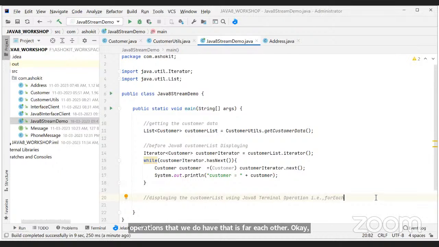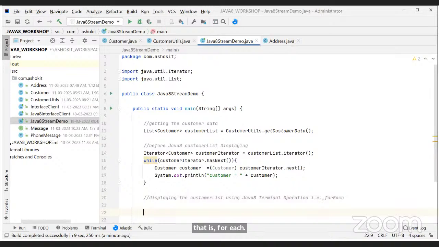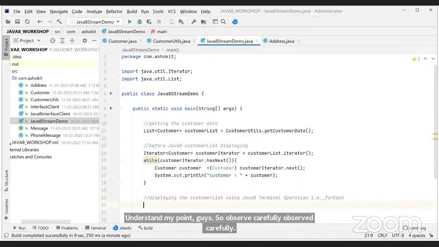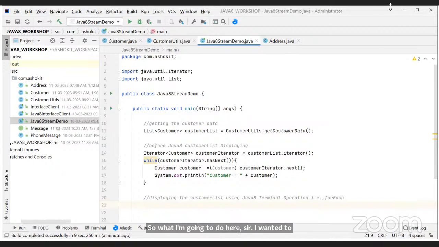Understand my point, guys? So observe carefully. What I'm going to do here, sir, is display the customers list using a Java 8 terminal operation. First step, what I need to do, sir?